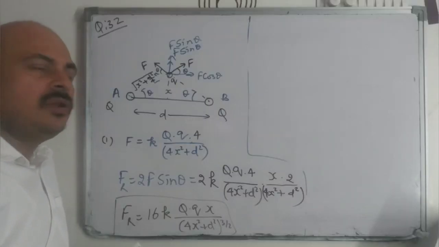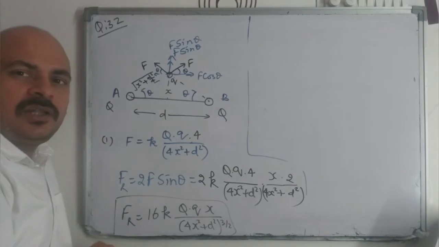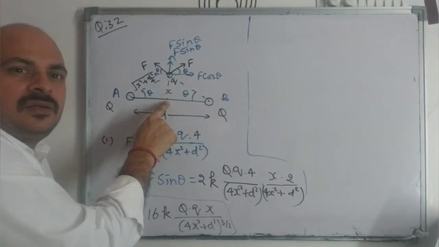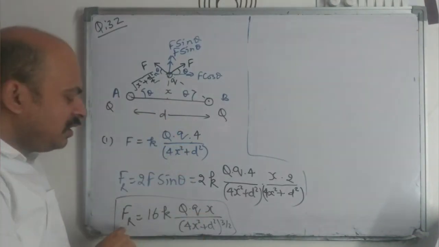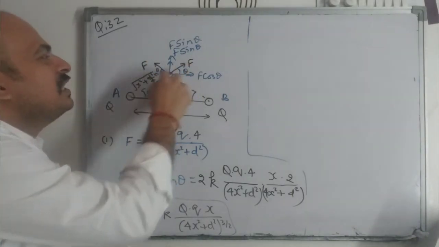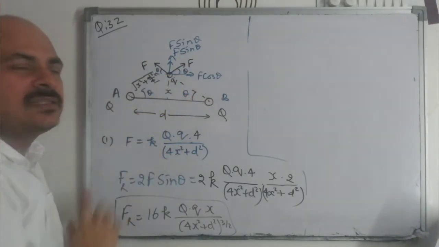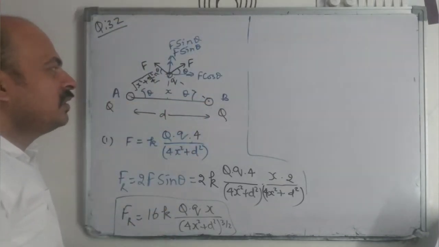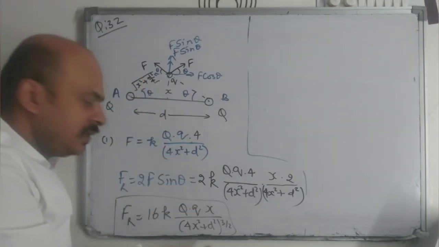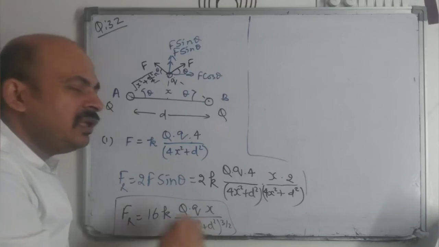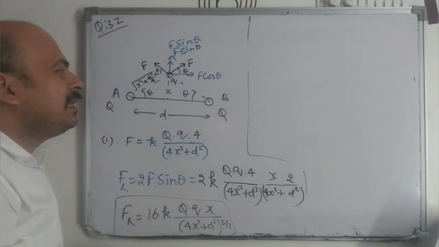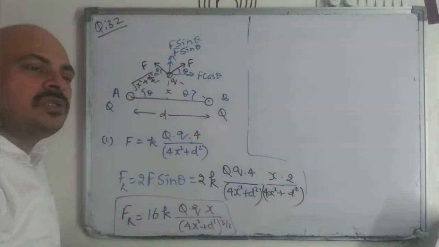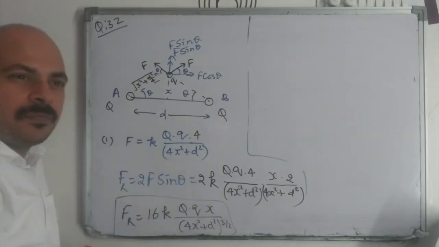One more thing can be calculated. Look at these two charges. As the charge is at the center, meaning x is equal to 0, there will be zero force acting on the charge, because these two forces are acting opposite to each other, so they will cancel. And if it is far away from the system, that is x is very much greater than small d, x is infinite, then the force will again be equal to 0. That means at the center 0, at infinity 0, there will be a position in between where the force will be maximum.